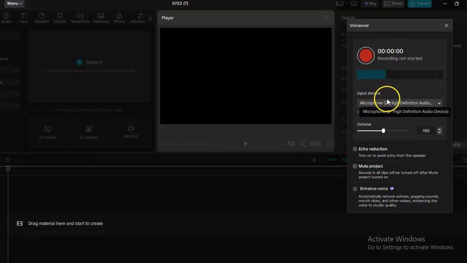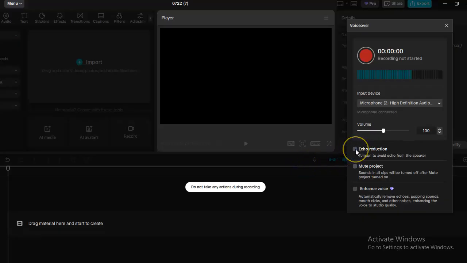And here input device, for microphone, just turn on, and here volume 100% is okay, and then here echo reduction, just check the box, and here enhance voice,